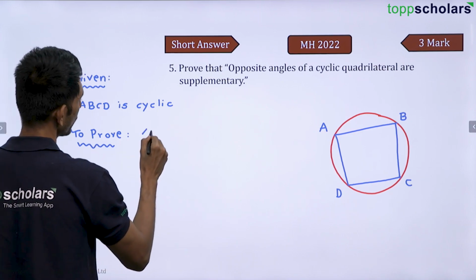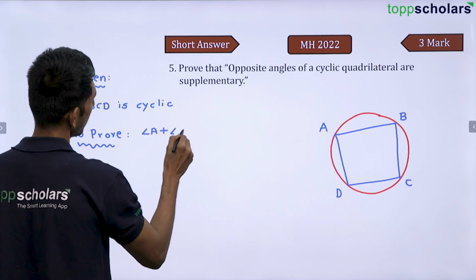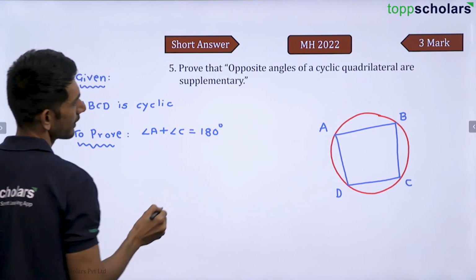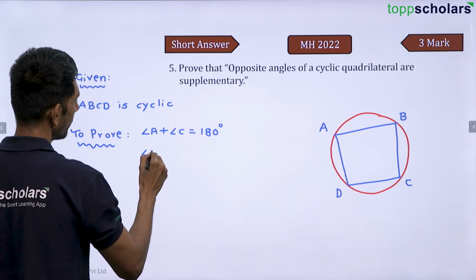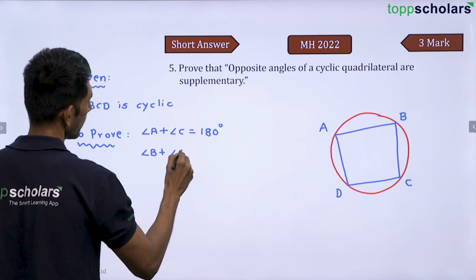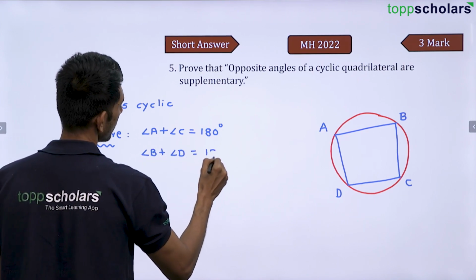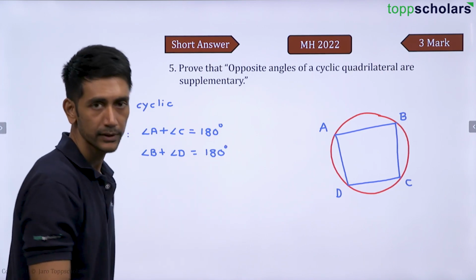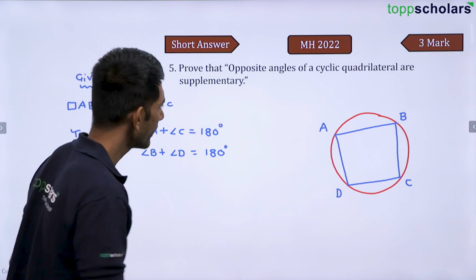That is, we are supposed to prove angle A plus angle C is 180, and we are supposed to prove that angle B plus angle D is also equal to 180 degrees. This is what we are supposed to prove. Correct? This is very simple. Now,